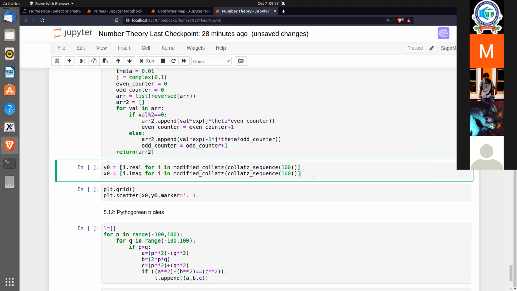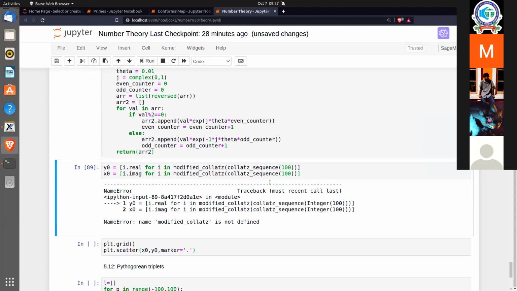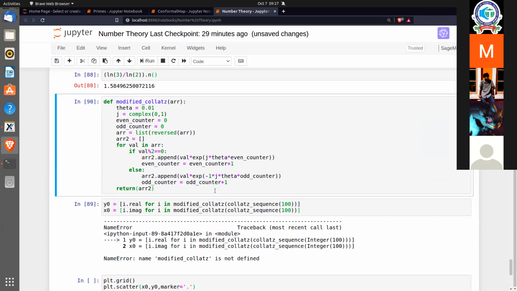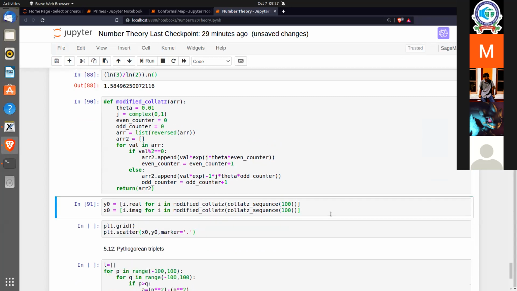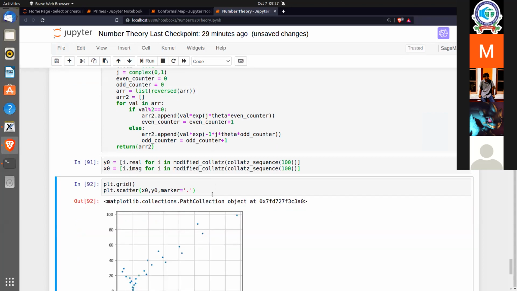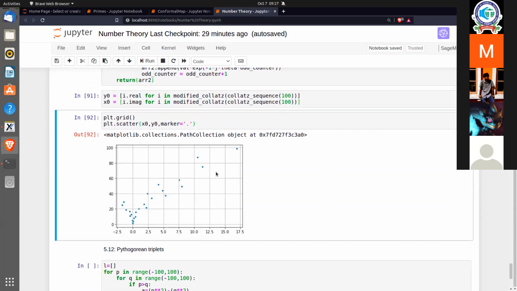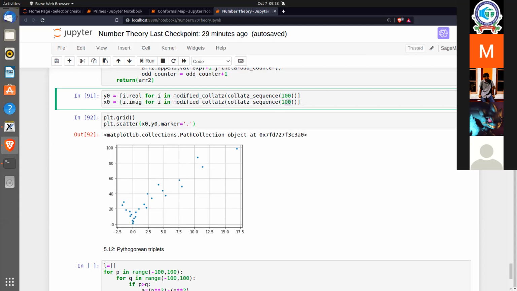So you can actually see a tree here. Here I've taken n to be 100. Sorry, I didn't run this one. Now if I plot this out, you'll actually see that it's bent a lot more towards the positive x-axis, right? Which verifies that claim. Right. So what you can do is essentially try this out for different values of n, and then stack the plot over each other, and you get a very nice tree-looking structure. Okay.